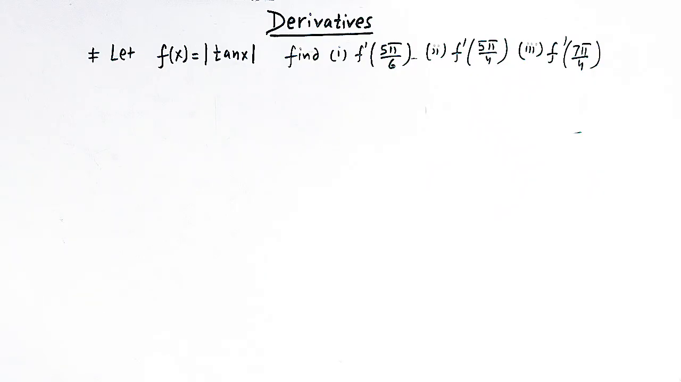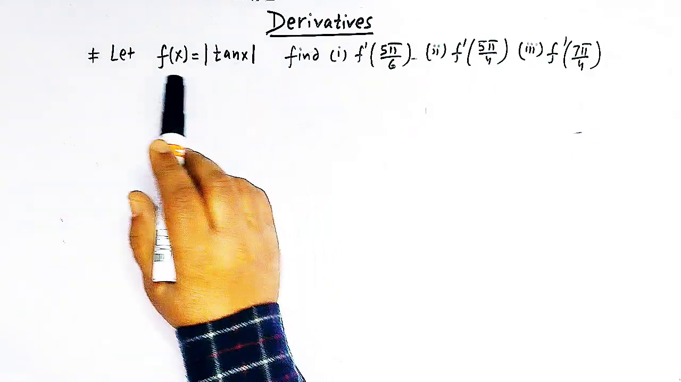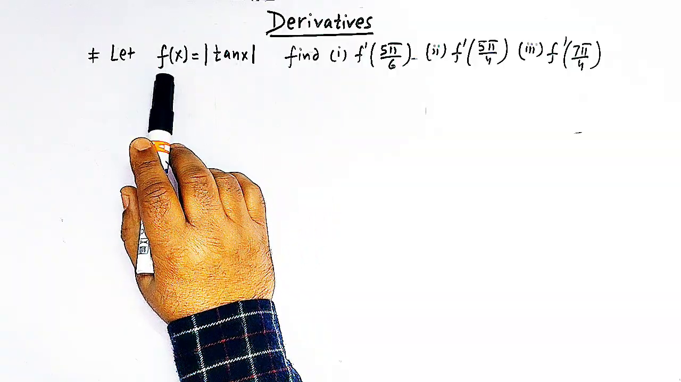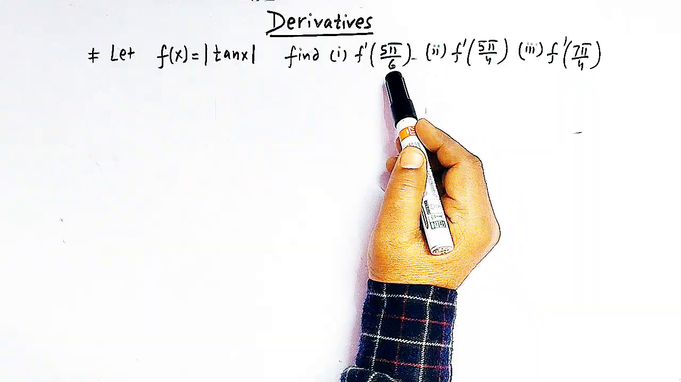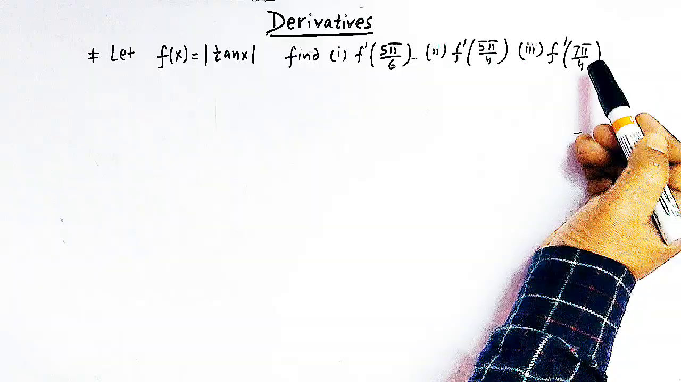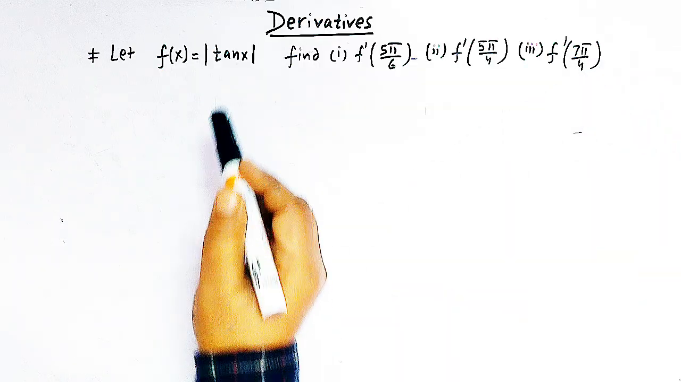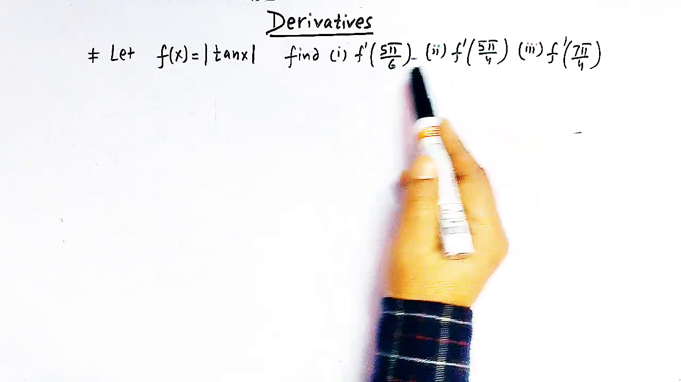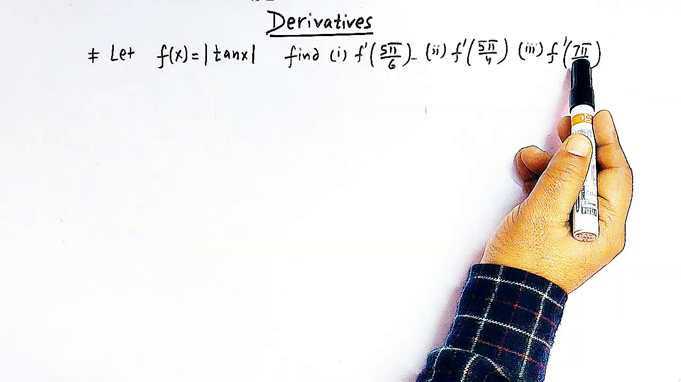Hello viewers, in today's session we are going to discuss an important and conceptual problem from derivatives. Here we have to find the derivative of the function f of x equal to mod of tan x, at the points 5 pi by 6, 5 pi by 4 and 7 pi by 4. So let us see how we can find the values of the derivatives of this function at these points